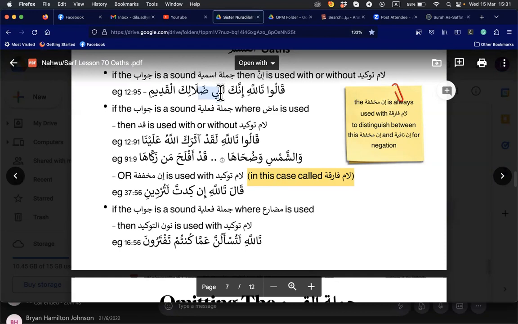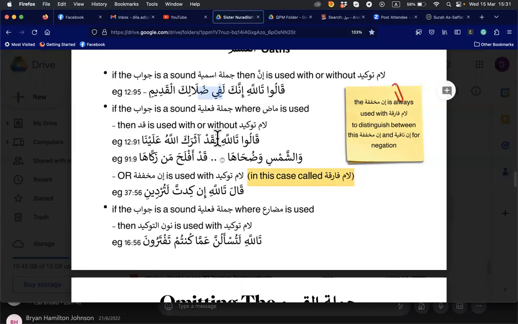We call this lam muzahlaqa because it was supposed to be here, but inna came to take its place, so it got slipped. That's why we call it muzahlaqa. This is also lam taukid, but since it's coming in the position of the jawabul qasam, we call it lam waqi'ah or rabitah, whichever you want to use. Same thing here. This is also lam taukid, and since it's coming in the position of a jawabul qasam, it's going to be lam waqi'ah. If it was coming in the position of jawabul shart, it's also lam waqi'ah. And then after that we say in a jawabul qasam or in a jawabul shart.